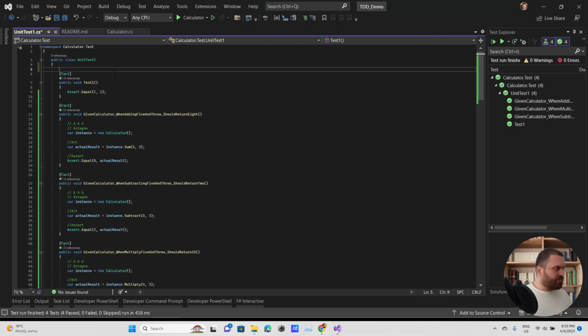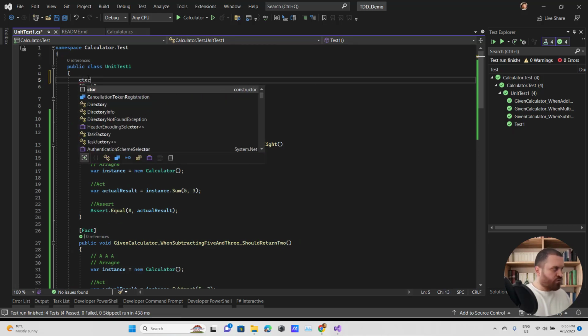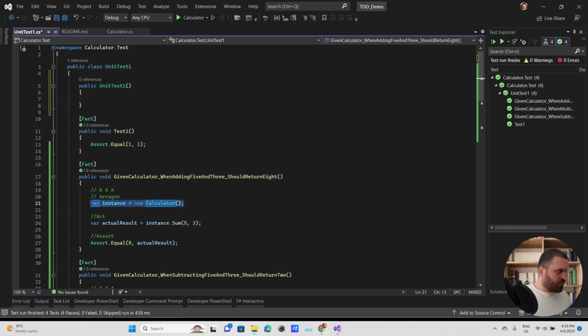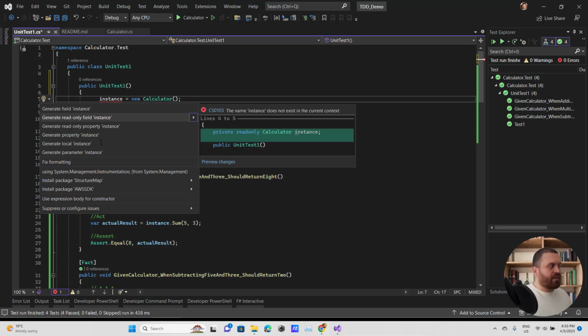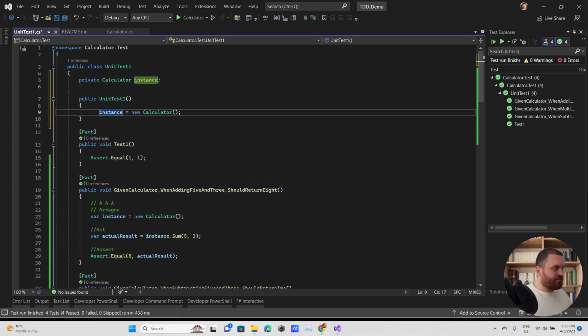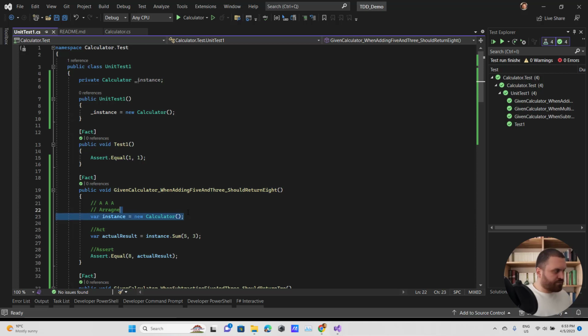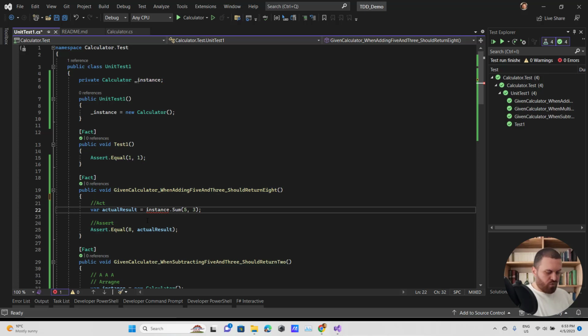Maybe it is better, let me do it like that, to create a constructor, and after that, create this instance and generate a field for instance. Okay, because it is private, I'm going to rename it to underscore instance. And we don't need arrange anymore.